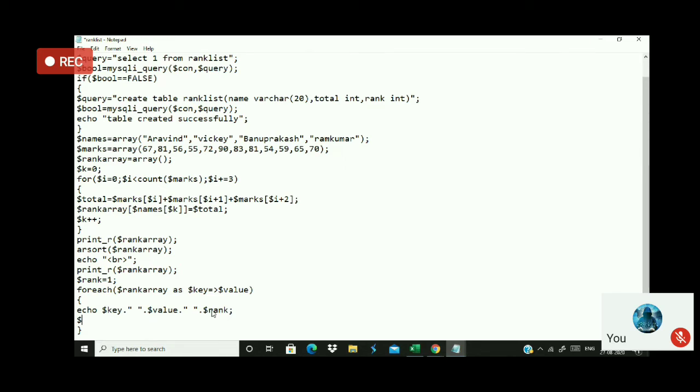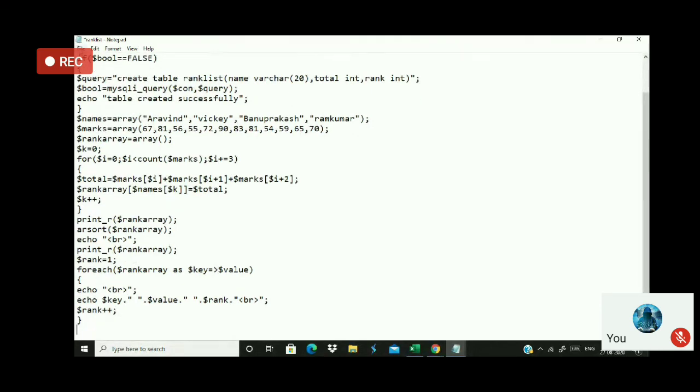Okay. Now listen here. Manually, how to generate a rank here. The first time, the rank is getting printed. So next time, what should I do? I have to increment the rank, because the second time the second record will be coming into play. So the rank should be incremented over here. So I just use a BR tag so it will be printed in an order. So echo BR tag, just for understanding and structuring purposes.